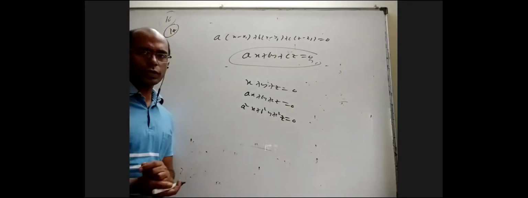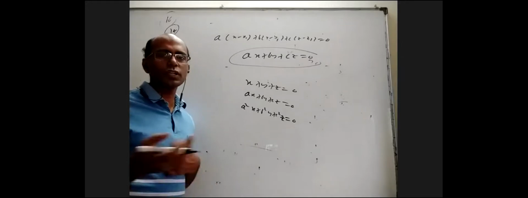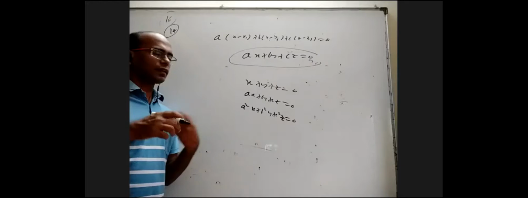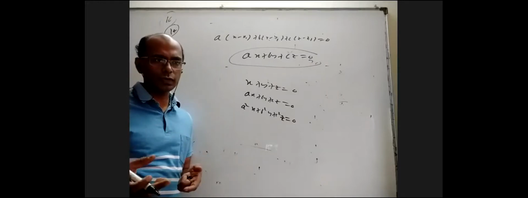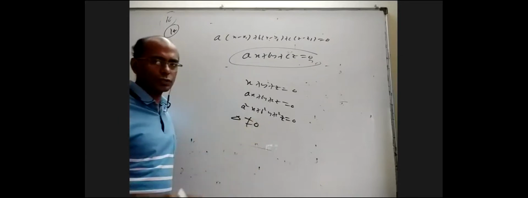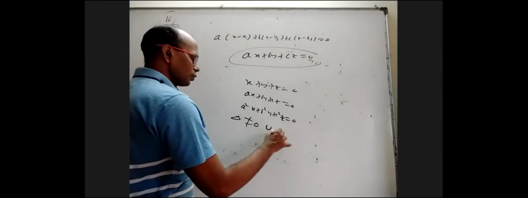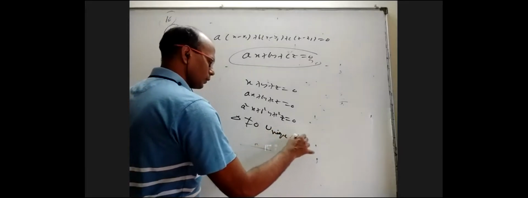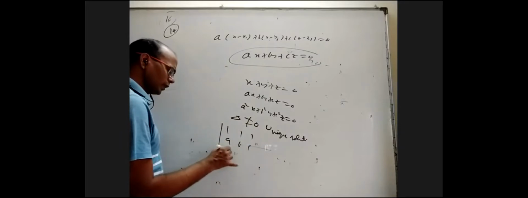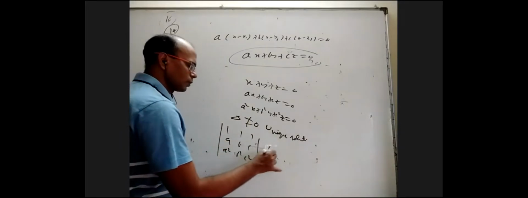So basically, according to determinants, you should have only one solution, a unique solution. For infinite solutions or no solution, you have to take delta equal to 0. But unique solution is obviously simple. Delta not equal to 0, for sure unique solution. You don't have to worry about anything, right? That is for unique solution. So basically, delta with rows 1, 1, 1; a, b, c; a square, b square, c square should not be 0.